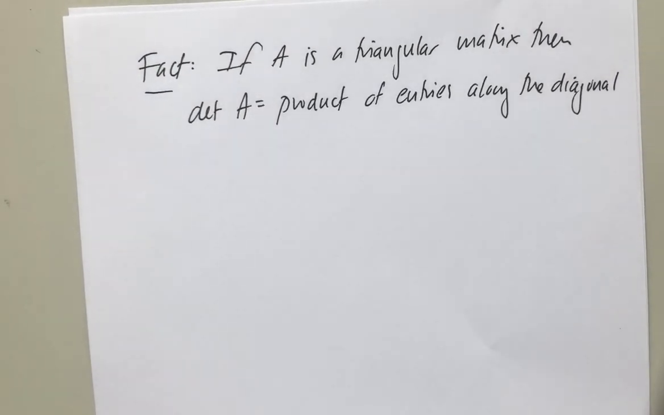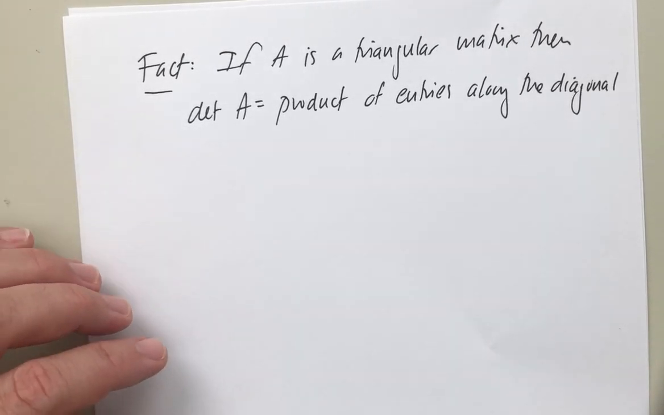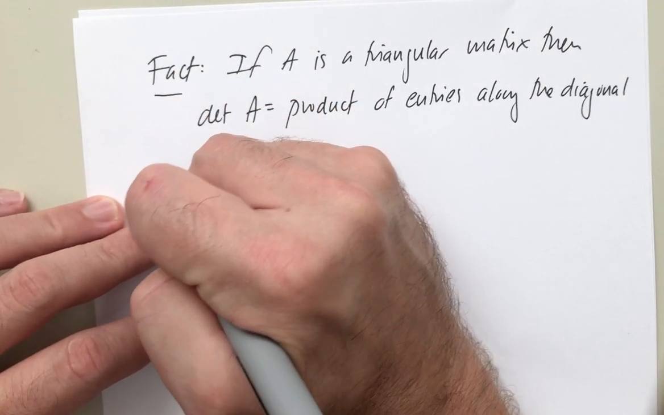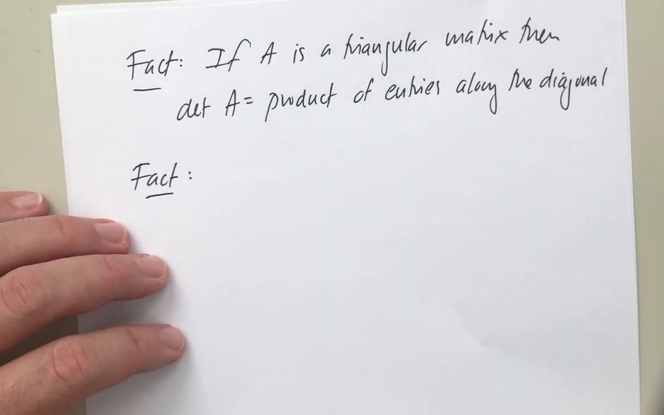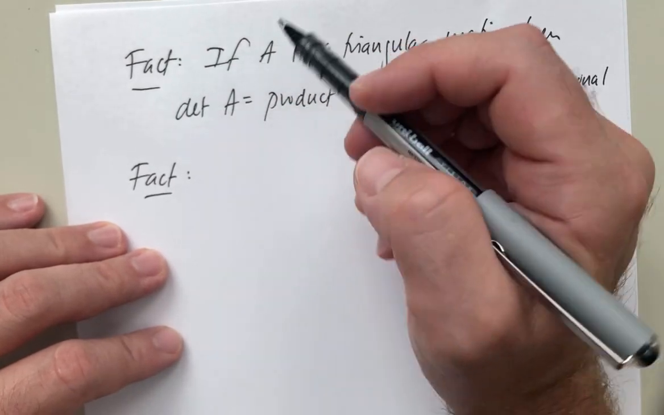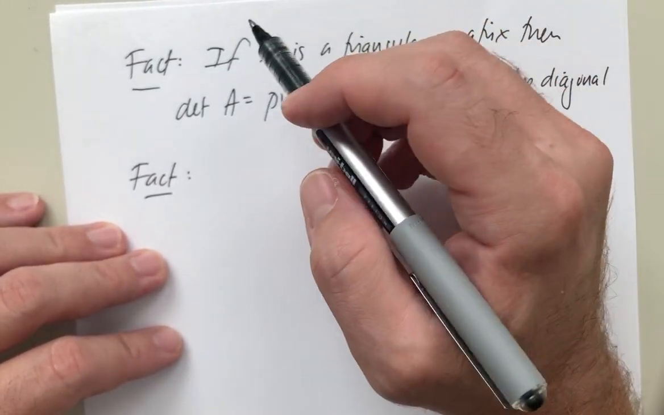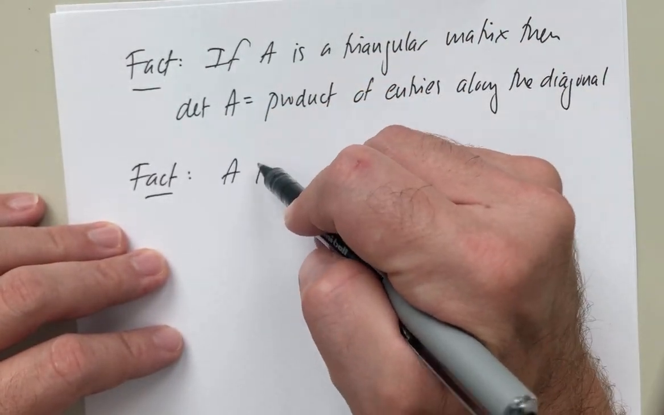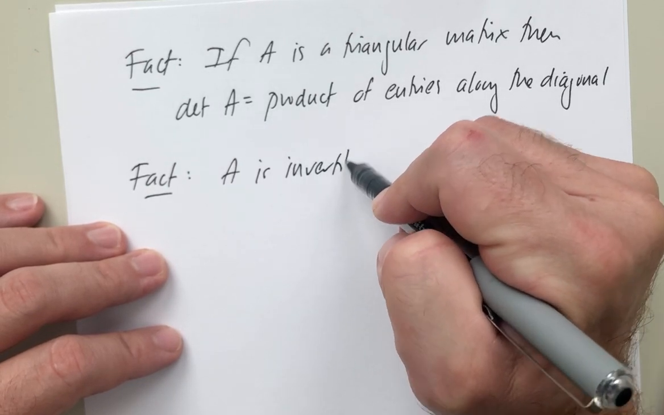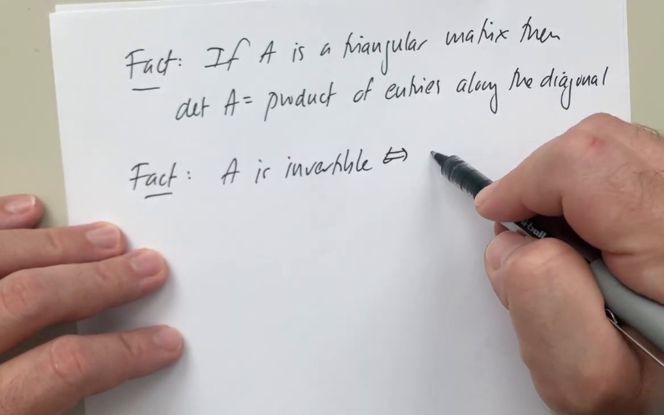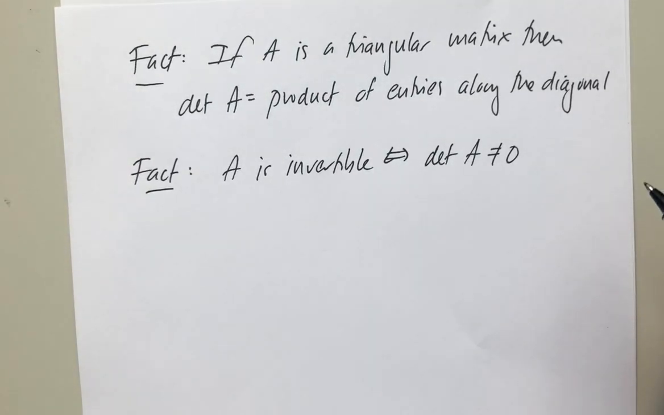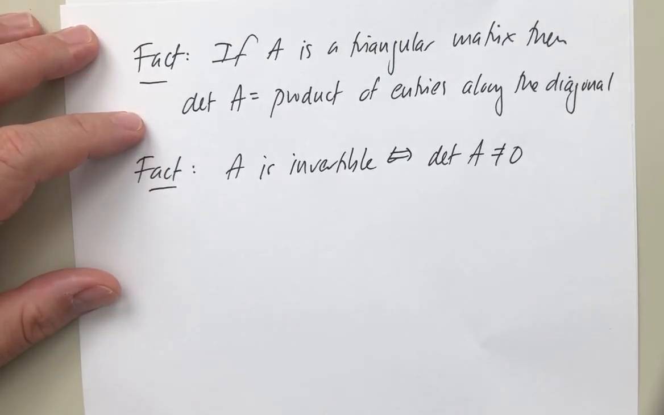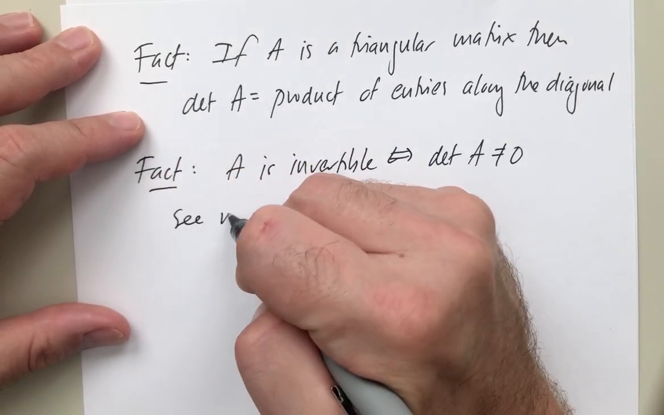Okay, so some other facts I want to remind you guys of, or tell you in this case, is that maybe the most important thing about determinants is that it detects invertibility. So A is invertible if and only if the determinant of A is not 0. I mean, this is kind of how we define the determinant. I didn't actually justify this statement, right? So I'm going to say see next lecture